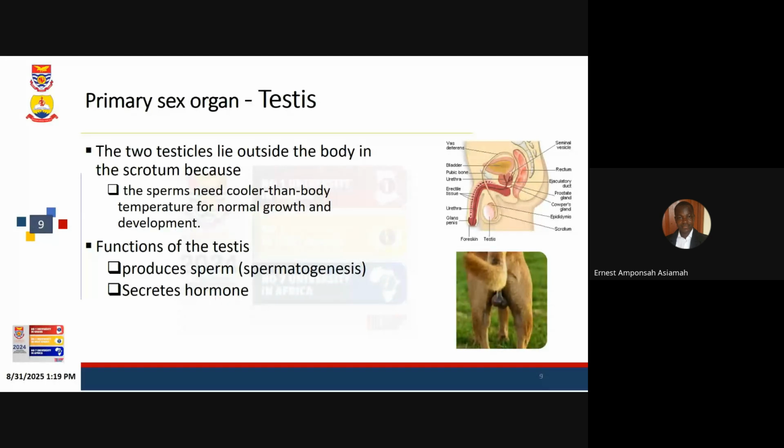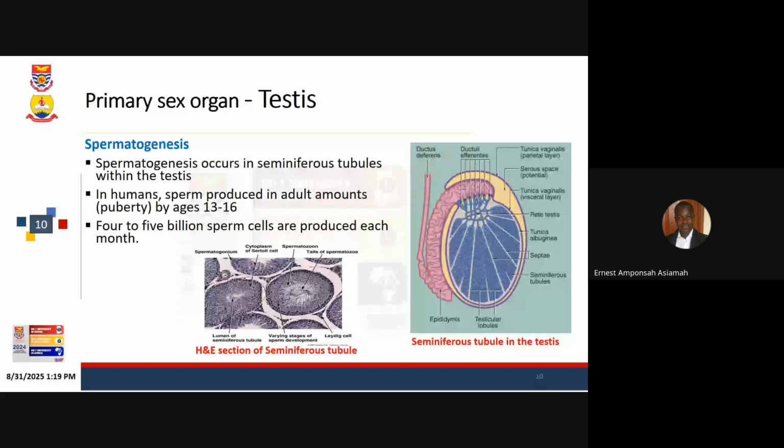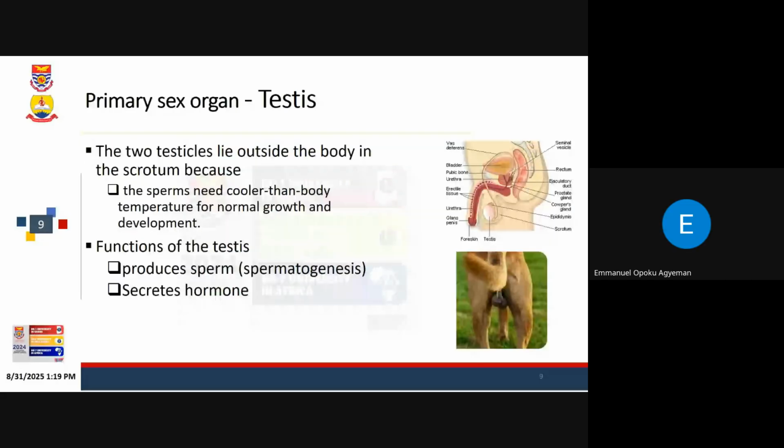So I'll comment on this. Yes, hello, sir, please, we are listening. We all know that the testes produce the hormone testosterone. You just mentioned another one, in humans also. What is its function? Anti-Mullerian hormone, is it AMH? No, you mentioned another hormone beside testosterone, inhibin. What is its function in the body?